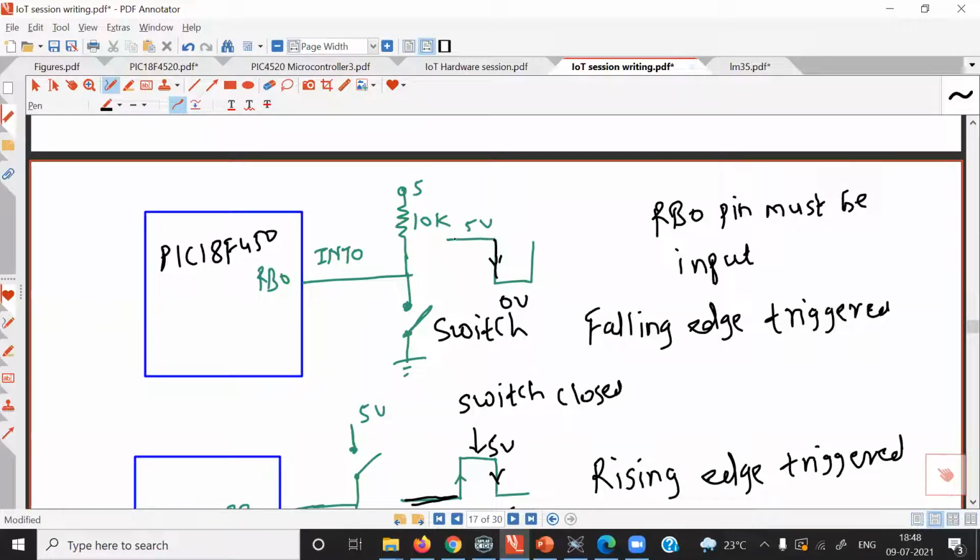Because of noise, there may be a fluctuating signal. When we close the switch, the interrupt will definitely be triggered because there is a falling edge. Here we must ensure that this pin is low for some time. When we close the switch, there is also the issue of switch bouncing. As it is a mechanical switch, when we close it at the beginning, it may not be properly closed, so the voltage level may fluctuate at the time of closing or opening. So we must allow some time, and after some time check whether the signal is really low. This avoids false sensing.